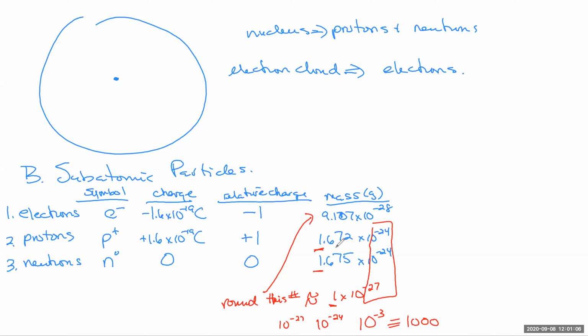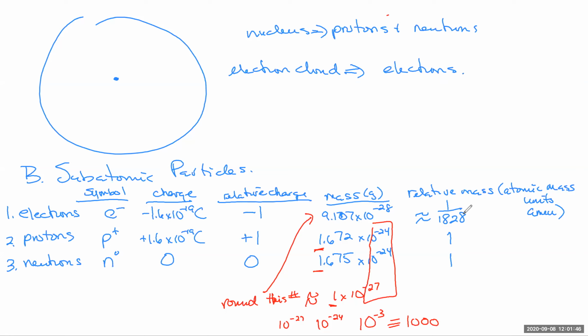And what's also true is if you look at the mass of protons and neutrons, they're very close to each other. So what we typically do is we don't use their actual mass. What we're going to use is the relative mass. And when we use the relative mass, we use these units called atomic mass units, which is usually abbreviated as an AMU. Relatively speaking, we're going to say a proton is 1 and a neutron is 1 because they're about the same. But an electron is much less, and it comes out to be somewhere around 1 over 1,828 AMUs.